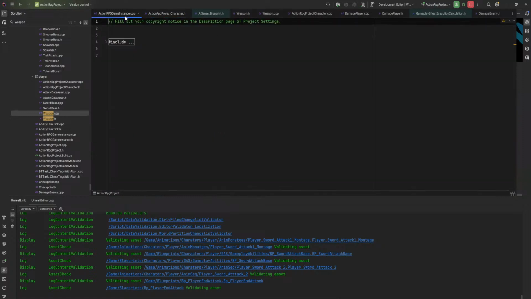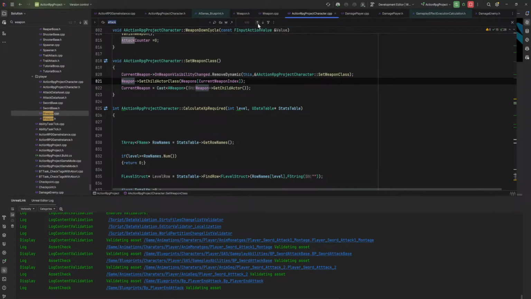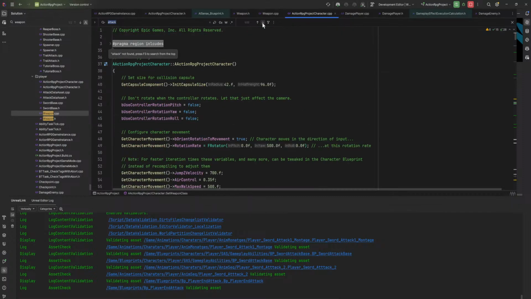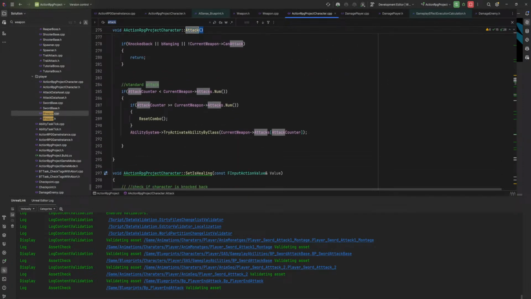I need to have this one. When I attack, try activate ability by class. Okay, so I'm giving them input IDs, but I'm not actually using them. So what we're doing instead, I guess, is